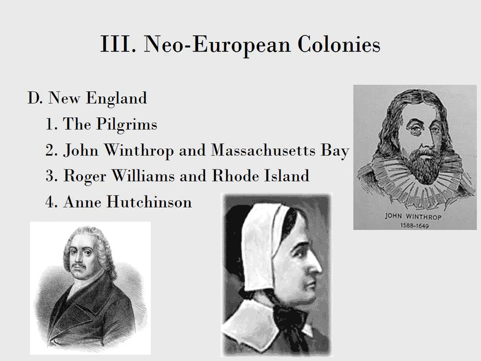In 1630, John Winthrop, Massachusetts Bay. He's going to lead 900 Puritans to America, different than the Pilgrims, and become the first governor of Massachusetts Bay Colony. He wants to create an ideal city upon a hill. The Joint Stock Corporation was transformed into a representative government with council and assembly ruled by the godly.